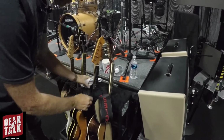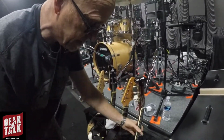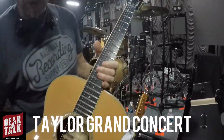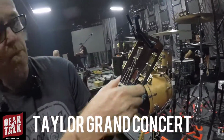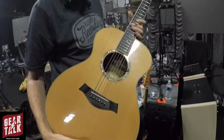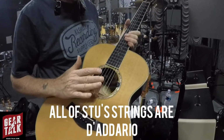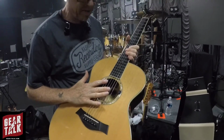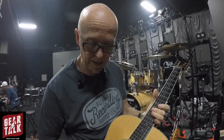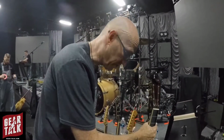My acoustic, because we're doing an acoustic set in this. This is a small bodied Taylor Grand Concert with a classic headstock, which I love. This guitar sounds amazing. On all my guitars I use D'Addario strings. These are D'Addario nickel bronze, and I just love the way this thing sounds. So yeah, they're the guitars I've got out on this tour,